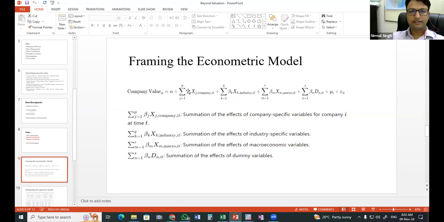As I was discussing, some company specific variables may be the profitability, how the profitability is changing, what is happening to the debt to equity ratio, what is happening to the liquidity, say, for example, the goodwill of the company, or numerous indicators specific to that particular company. The second vector talks about the industry specific factors, the factors which are going to impact not only that particular company, but also the other companies operating in that particular industry.